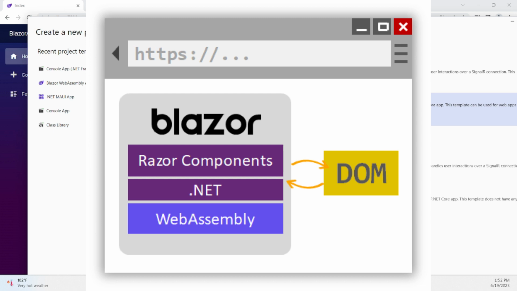The next question is, what is Blazor WebAssembly? With Blazor WebAssembly, a developer can run code in a browser. When you create and run this application, you can see all the code will run in your browser. There is no server required. It's a single page app framework that uses the WebAssembly open standard without requiring plugins or code generation. .NET code executes via WebAssembly in the browser, running in the browser's JavaScript